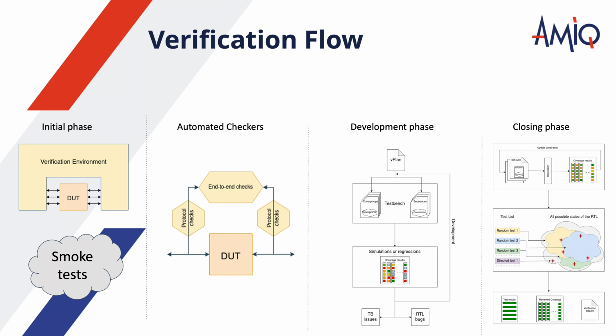Finally, we will have a sneak peek at the flow of verification in a live project. What is not shown in the picture is the initial design phase and the vPlan development. That happens before any coding starts, for the verification team. After that, the first phase of verification covers the first drop of the RTL, which includes the connection of the DUT to the testbench and the first smoke tests with visual inspection of the results. The second phase includes the development of checkers and partial coverage.